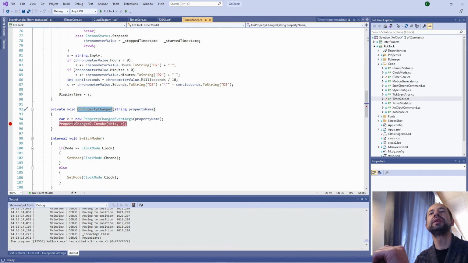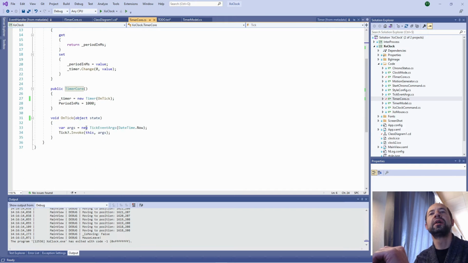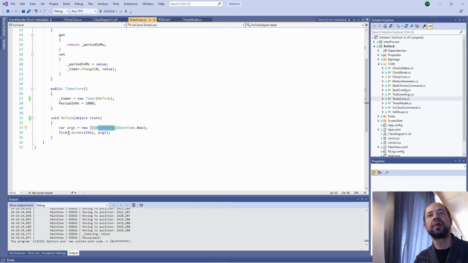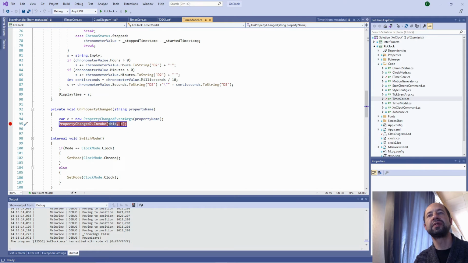This construction here is exactly the same as inside the timer core. We have the on method, which is creating an object event args like this. The on method is constructing an object event args, and the event name is triggering an invoke with this and e.